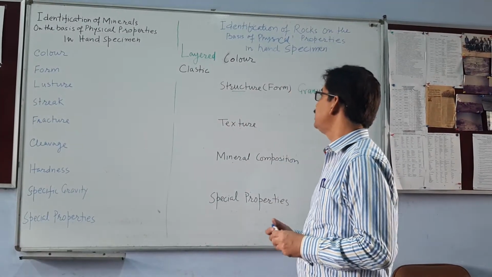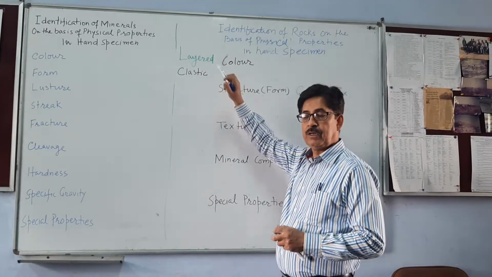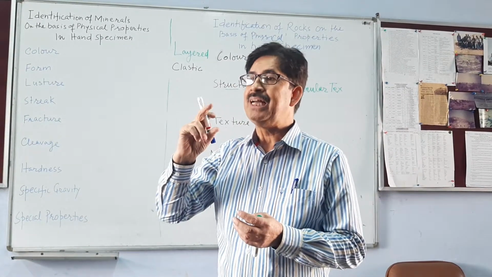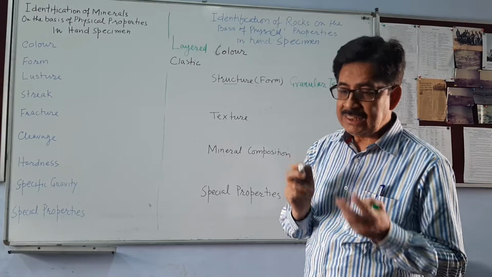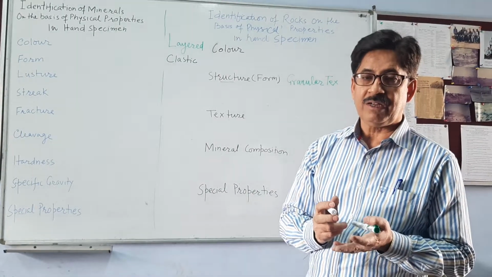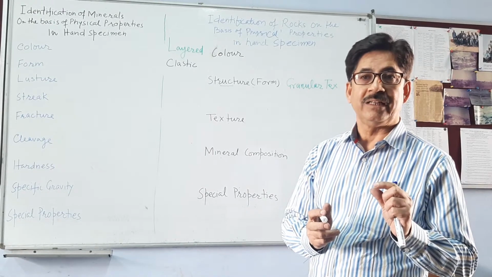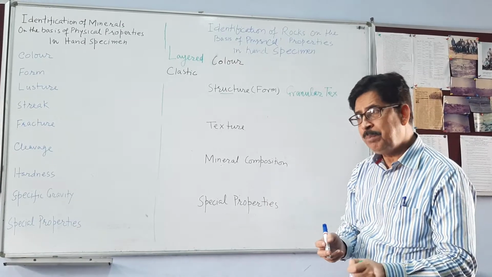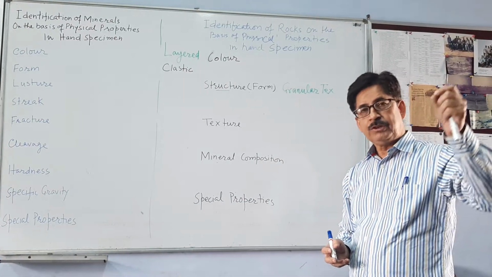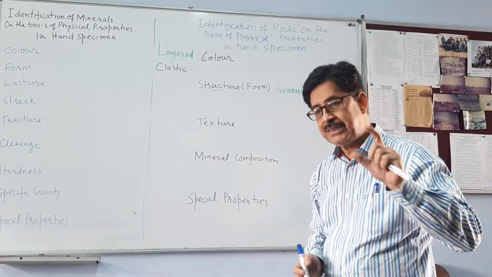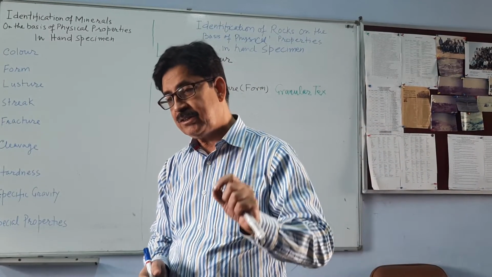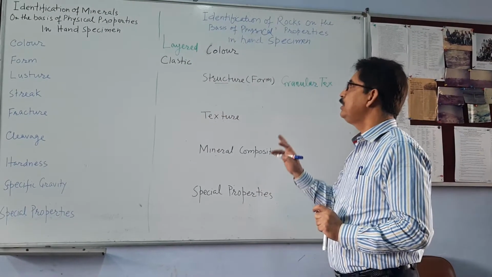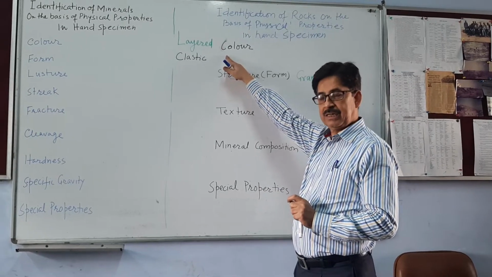I have already told you that in sedimentary rocks we will have layers. You see, the coarser the grain size, the greater the spacing between the layers. The finer the sediment size of a rock, the closer the layers. From different thicknesses of bedding planes to paper thin lamination, as you come down in terms of spacing between the layers, the sediment size also reduces. So in a sedimentary rock, if it is layered, we will take it to be a sedimentary rock.